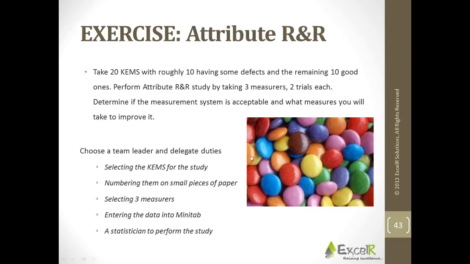Here is another exercise, attribute RNR. So for today I'm giving you these exercises, 2, 3, 4, 5 in total. 3 of them I have solved. In Gauge RNR, 2 I have solved. 1 is your homework exercise, but I recommend you solve all 3. And when it comes to attribute RNR, I have solved 1. Here is another case study. I would request you to solve these 2. And then tomorrow we will continue from where we have left off.